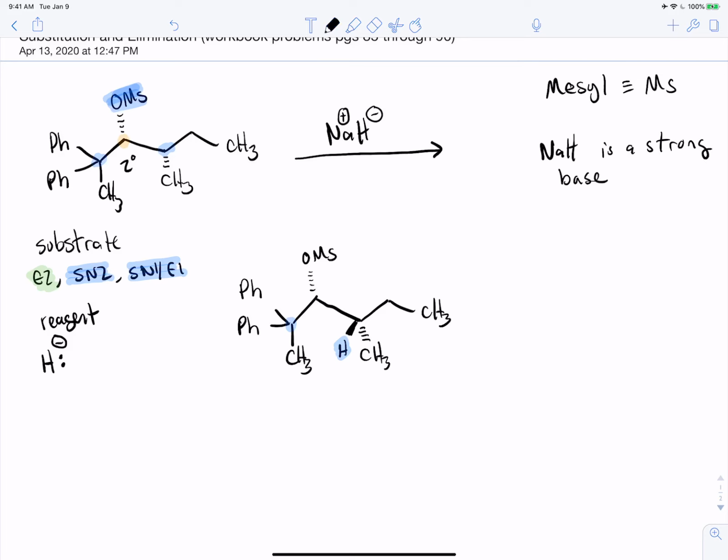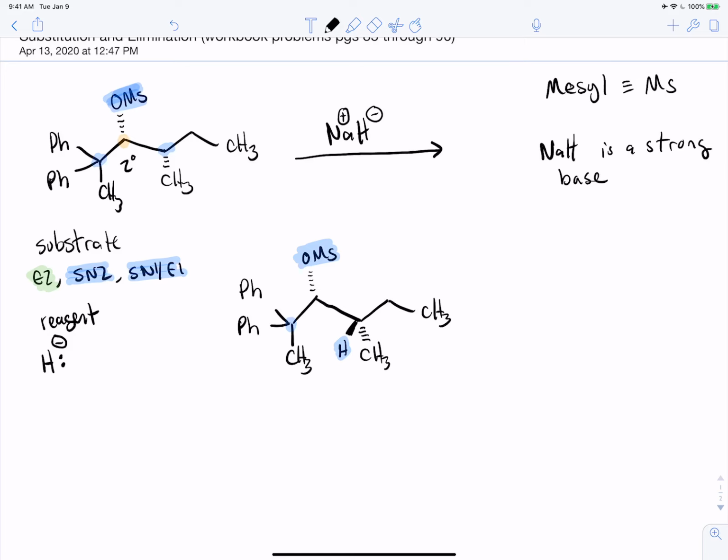Okay, so we know that we want to get that hydrogen anti-periplanar with the mesylate. So just like we call a tosylated hydroxyl group a tosylate, we're going to call this mesylated group a mesylate. So I want to get the hydrogen anti-periplanar to that mesylate group, which it is not currently in the conformation as it's drawn. So this requires some